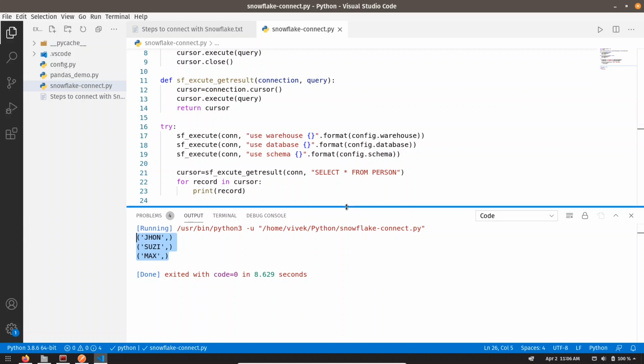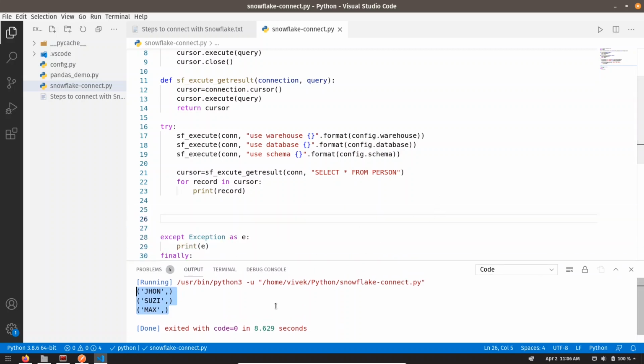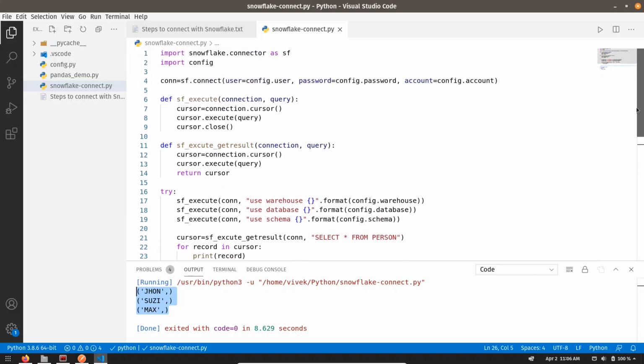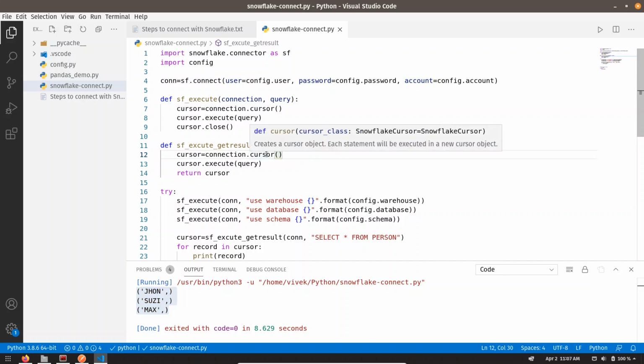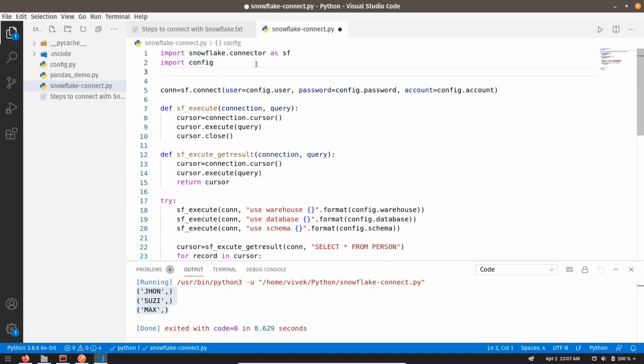Right now we are getting tuples, but suppose we want dictionary instead of tuples, so we have to change the cursor object. Default cursor object provides us tuple, but we can give the cursor type. So you can see cursor class is there. Over here we are going to provide the dict cursor. So for that we need to import it first.